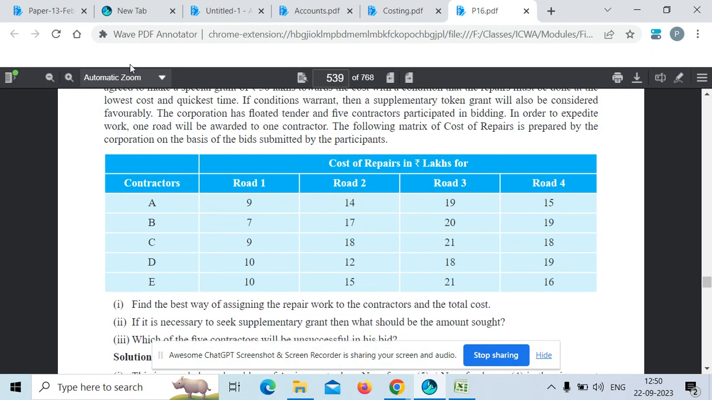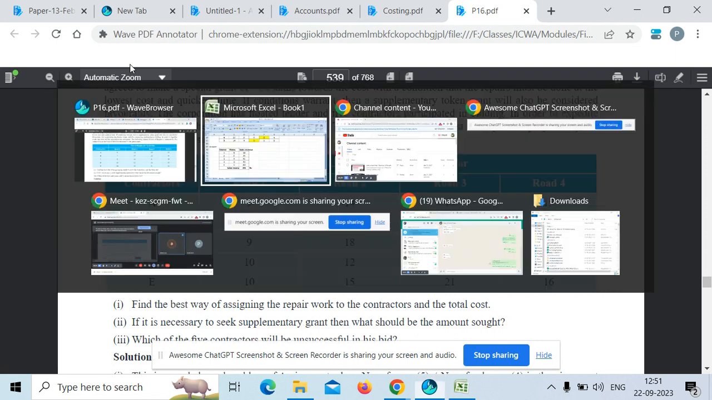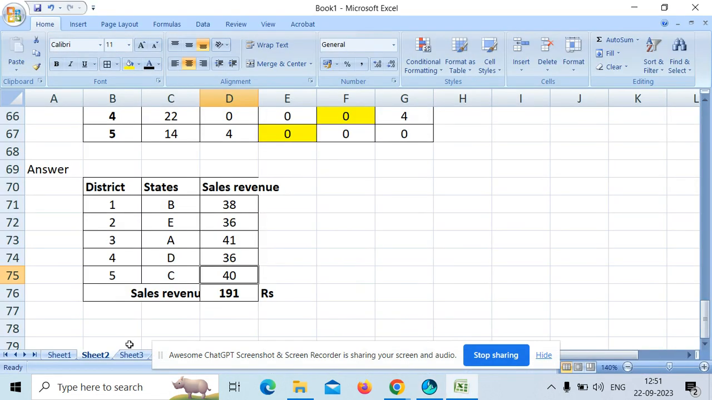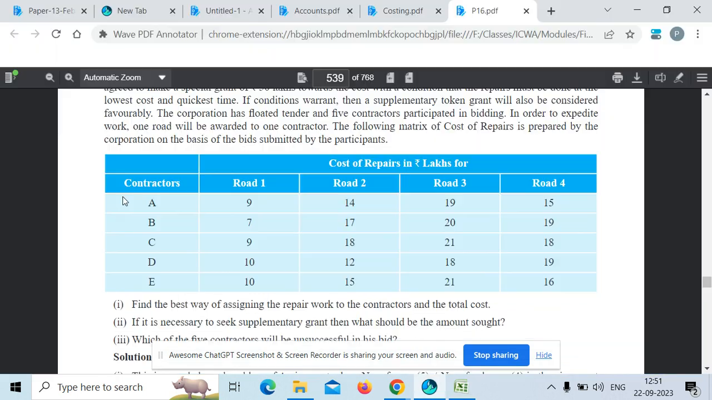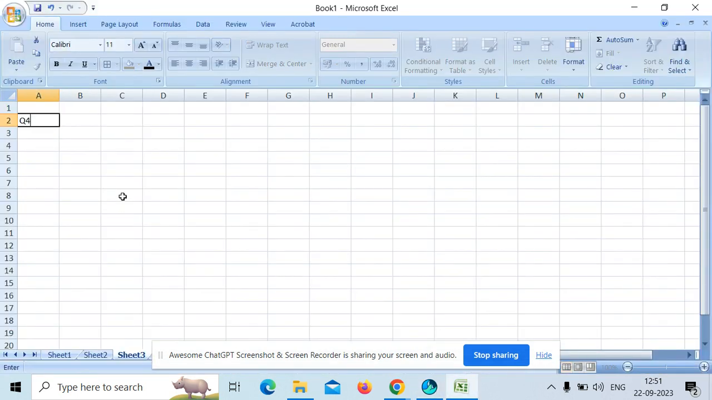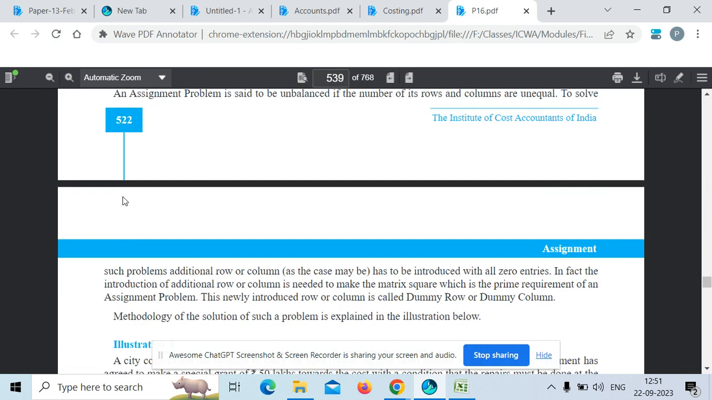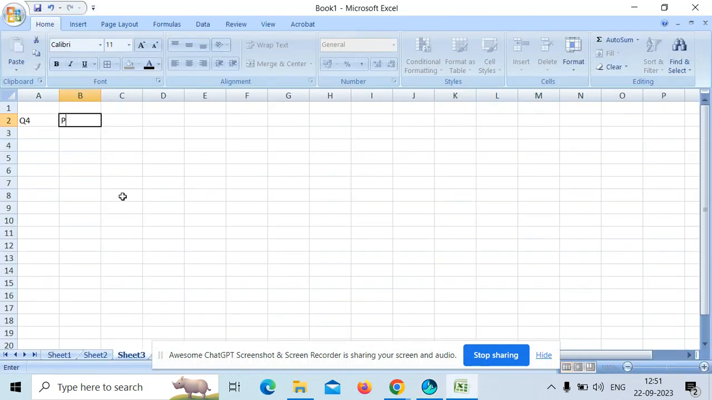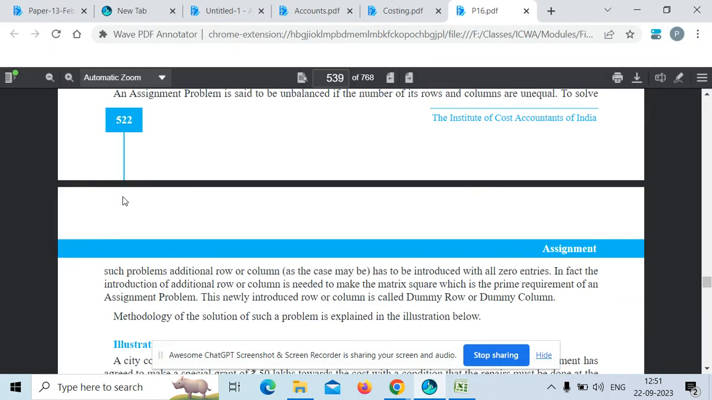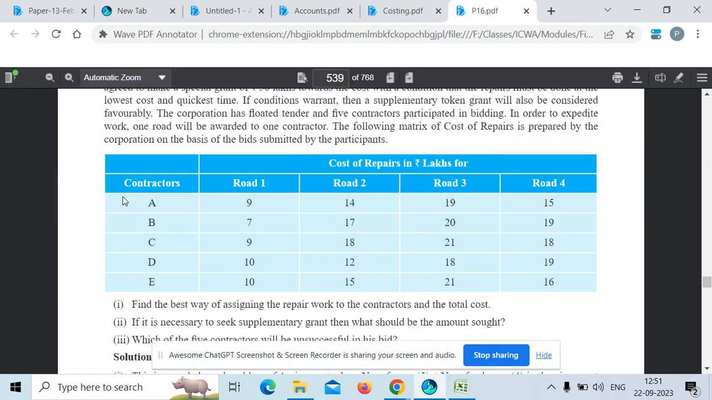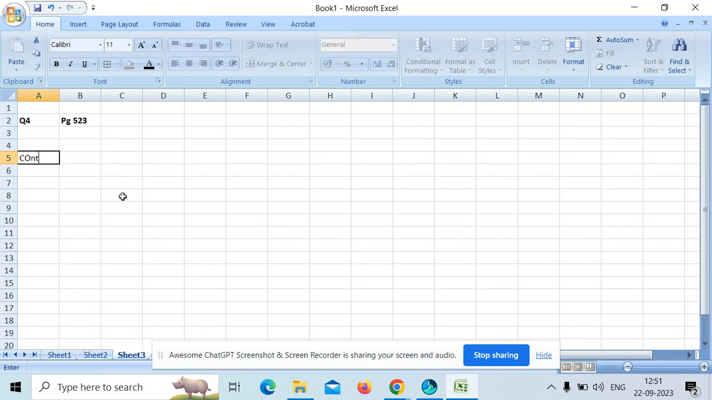So here, the very first thing we will be doing is we will go for a dummy column. We'll have to go for a dummy column. Question number 4, page number is 523. So we have contractors, we have road 1,